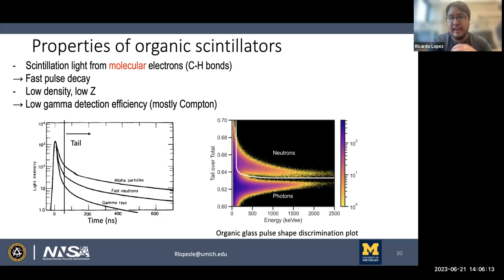For example, in our case, for the example right here, the discrimination line was decided by finding the mean of the photon distribution and then going up 3 standard deviations above. That way, anything above that threshold is statistically very likely to be a neutron event rather than a photon event. And if you do this for a lot of slices across an energy range, you can